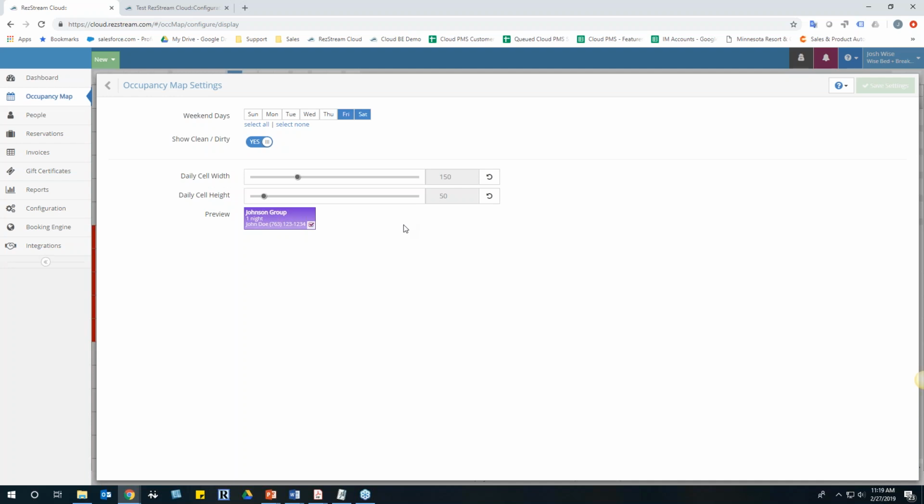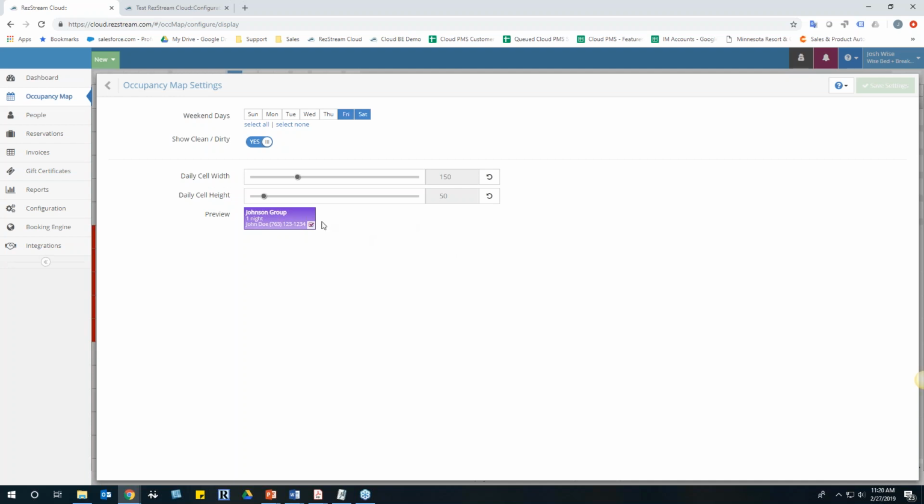Well, we wanted to take it to another level because a lot of the feedback that we had is, hey, rezStream, I'm using this size screen and I want to see this many units and this much time frame on the occupancy map. I need that. But then you talk to the next person and they're using a huge screen and it works perfect for them. And then you talk to the next person and they prefer to use it on a tablet, and so they only see 2 units at a time, right? So instead of having a one-size-fits-all or a 3-size-fits-all, whatever t-shirts, we wanted to give you guys the flexibility,